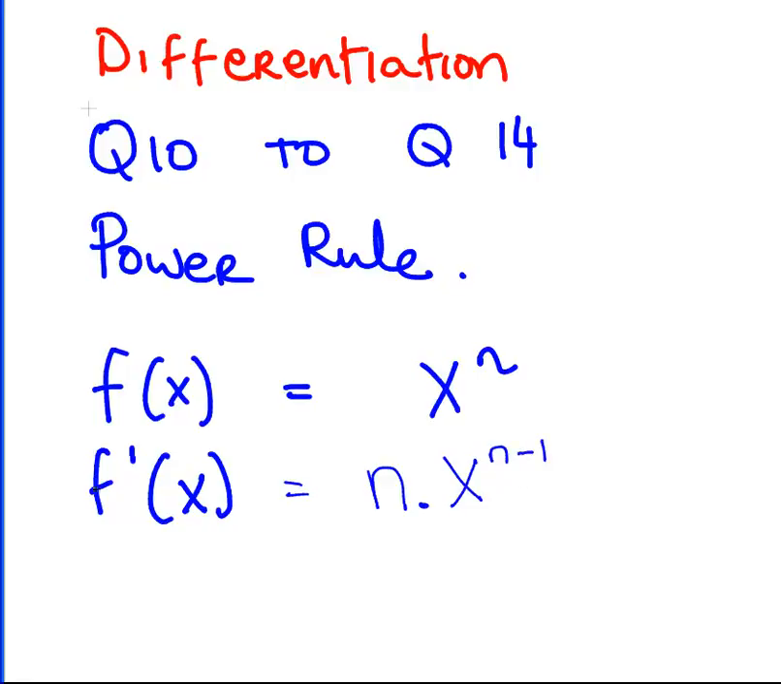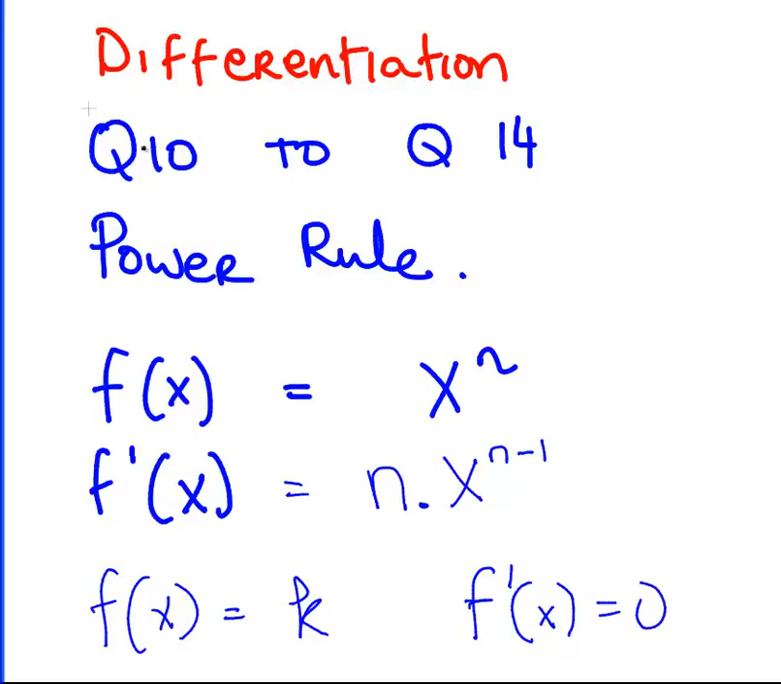Just as a remark, the derivative of a constant is 0. So if k is some constant, the derivative of that function is going to be 0. So that's going to be important here. Also, if you have multiple terms, you can differentiate each and then just add up the resultant terms. So question 10